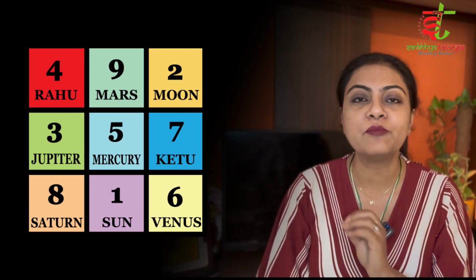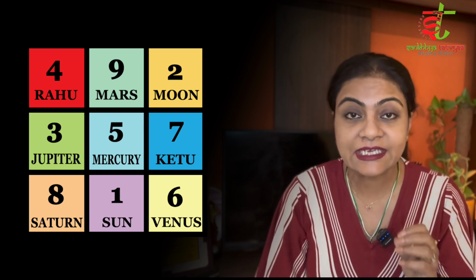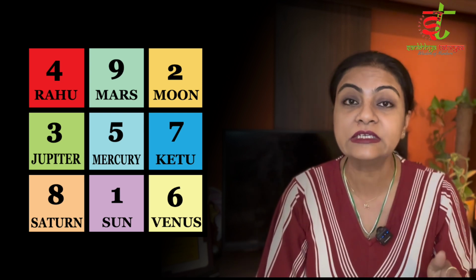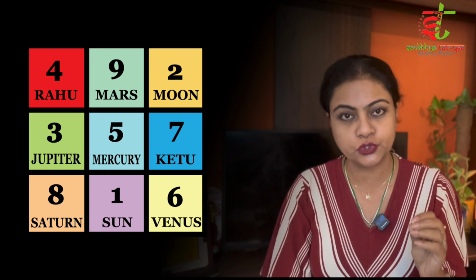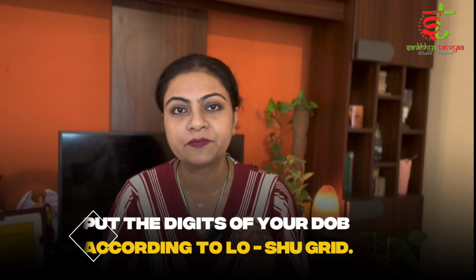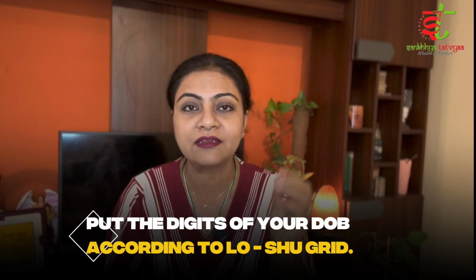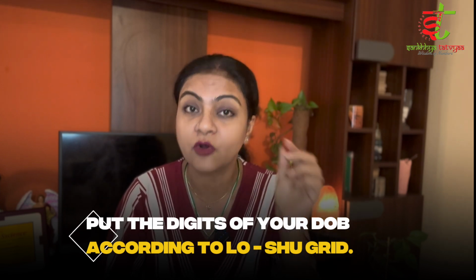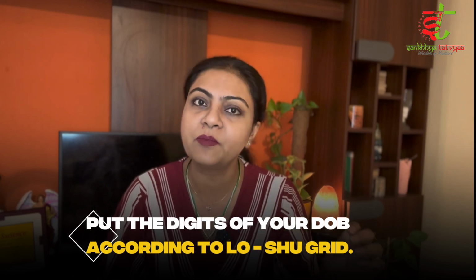I'll explain that. You can see on the screen the Loshu grid. In the Loshu grid, all the numbers from 1 to 9 are present. You can see 3 is present on the first vertical line and in the middle. So I have taken the reference from this Loshu grid and put 3 in that particular box. You also have to do the same thing. Take your date of birth and understand in the Loshu grid which box each number is placed in. You place your date in that particular box.